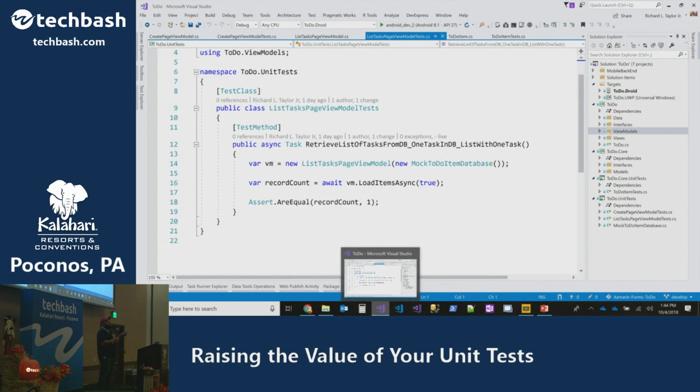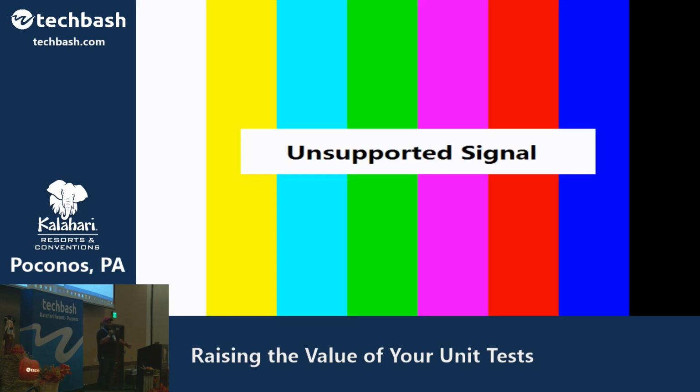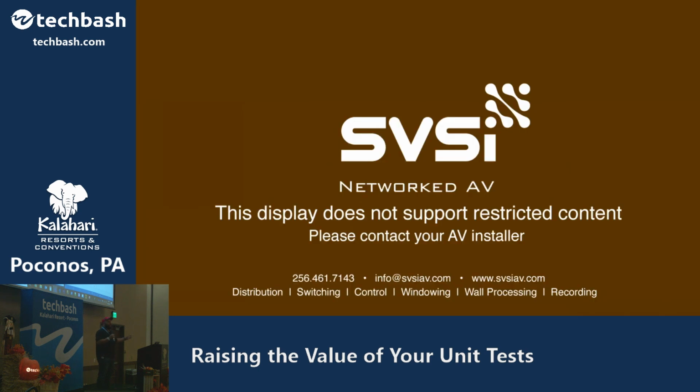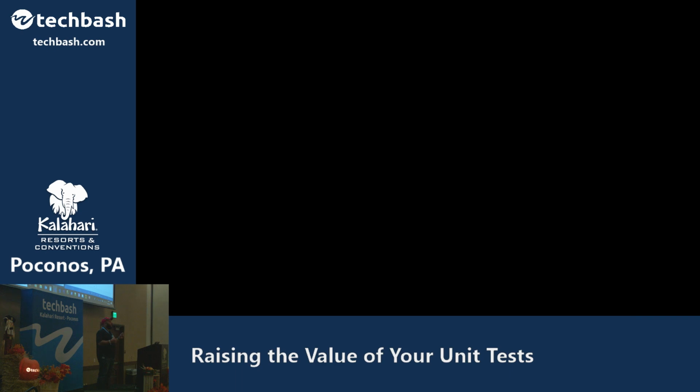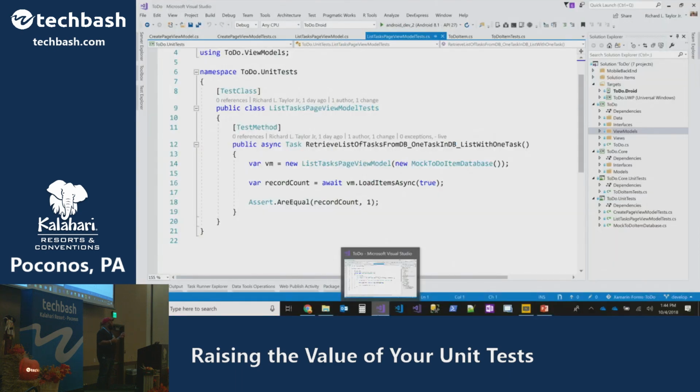Let's say we included the real database in the test. Well, that test will work if there's only one item in the database. But if there's zero or multiple, that test will fail. So depending on what database I'm using, and particularly if it's a live one, it's non-deterministic, because I can't control the data in the database. So this is where the concept of mocking comes in.